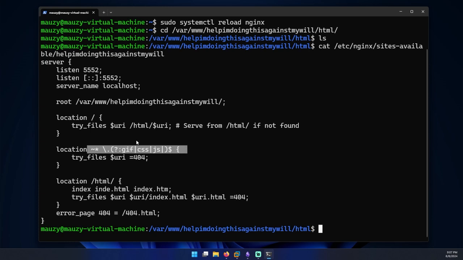This is looking at the root here, and looking for, I had GIFs on my site, so my 404 page was a GIF at one point, but it's also going to look for your CSS files and JavaScript files. If you have more files you want to look for, add them here. And this is a basic 404 page. You can add in here, instead of an HTML page, I think you would just, outside of this, you would add,